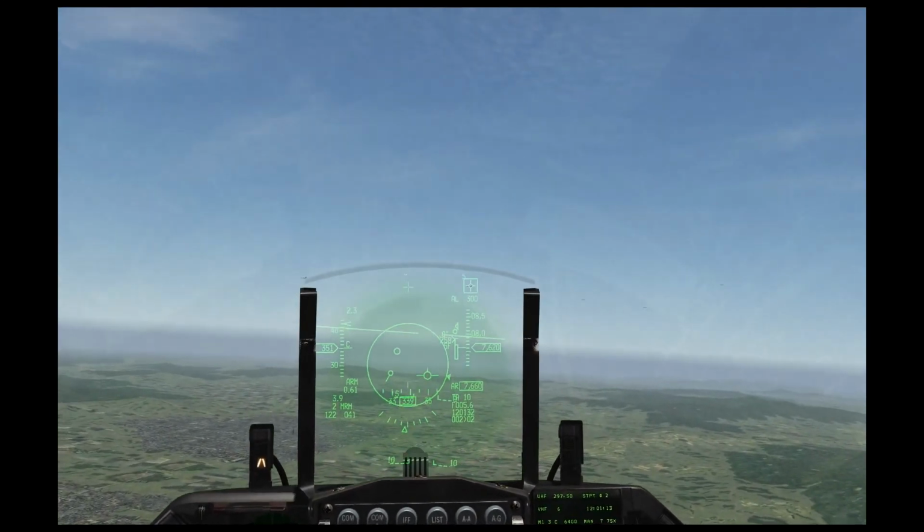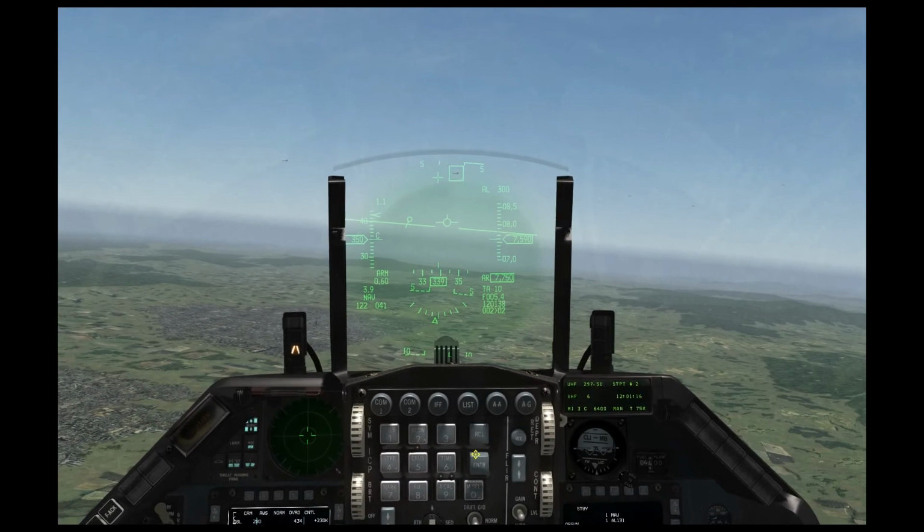So now let's go over the AIM-120s. Okay, so I'm going to switch back